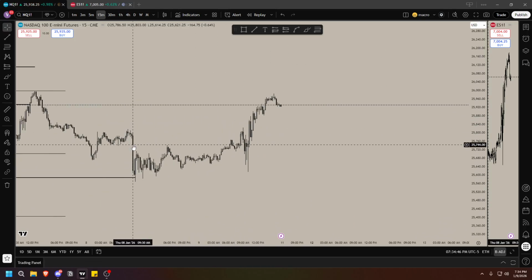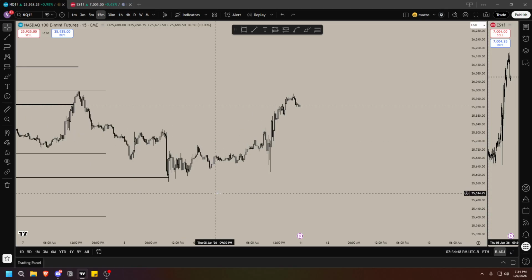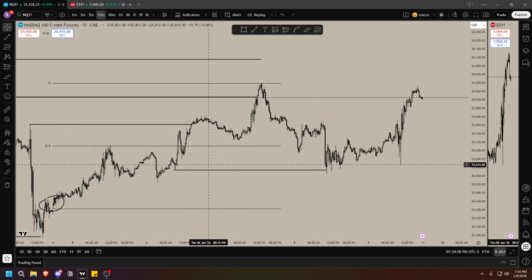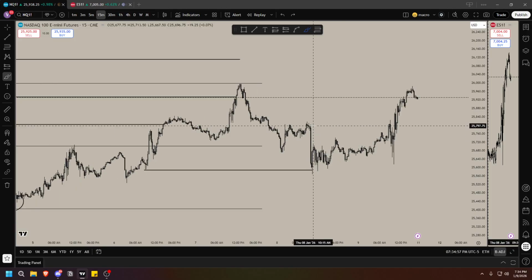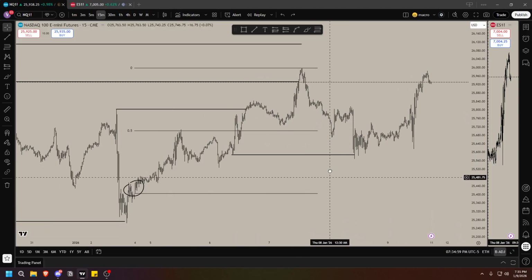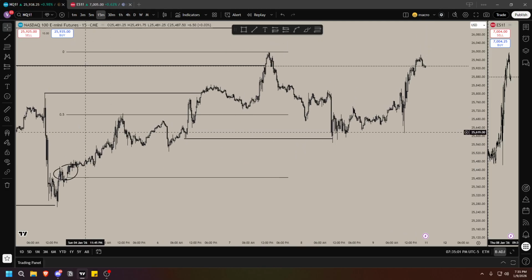Price already rebalanced Thursday. Thursday, 9:30, we just dumped lower. We took out everything, and we rebalanced the weekly candle, and we took out some of this accumulation. Nice, cool. So, weekly candle is already rebalanced. Okay, so NFP has no purpose to continue going lower because we're already in discount. Look at price; it's already below the CE. We're already in discount, and we already took out some draws in discount.